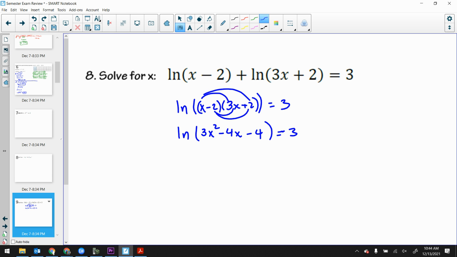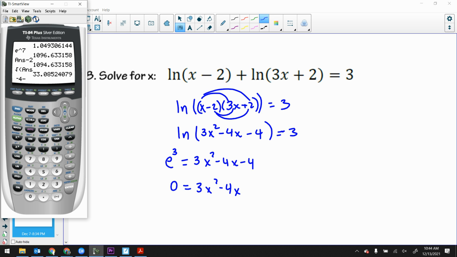We got 3x squared. Our outers would be 2x, our inners would be minus 6x, so minus 4x, minus 4. Oh, I think I got to do the quadratic formula here. Gross. So remember, going from logarithmic into exponential, this would be like saying e to the 3rd is 3x squared minus 4x minus 4. So if I truly need to solve this for x, 0 is equal to 3x squared minus 4x, and then I've got negative 4